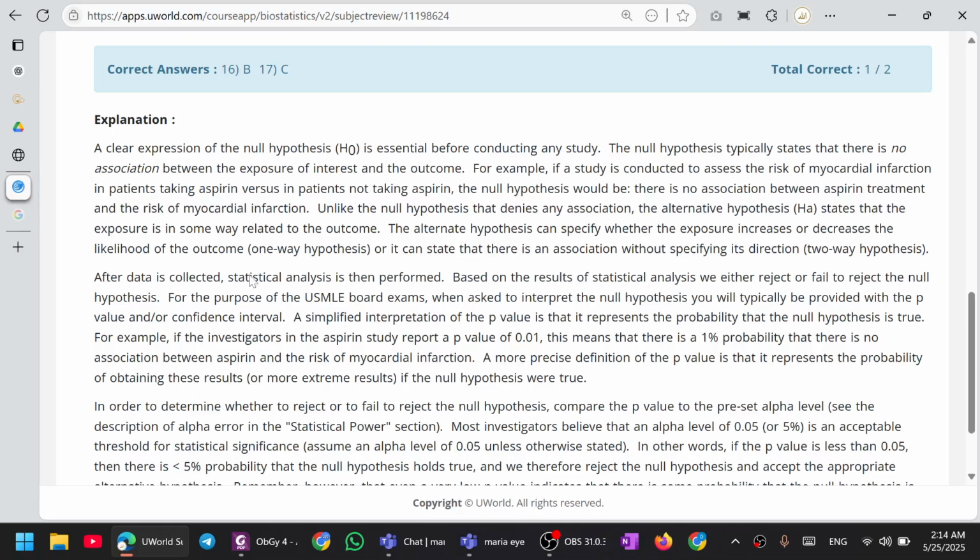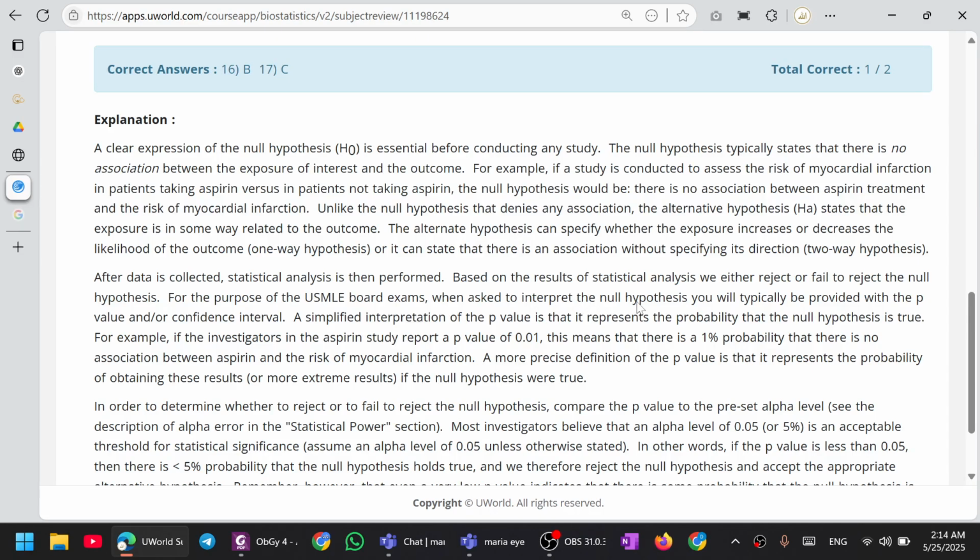After data is collected, statistical analysis is then performed. Based on the statistical analysis, we either reject or fail to reject the null hypothesis. For the purpose of the USMLE board exam,